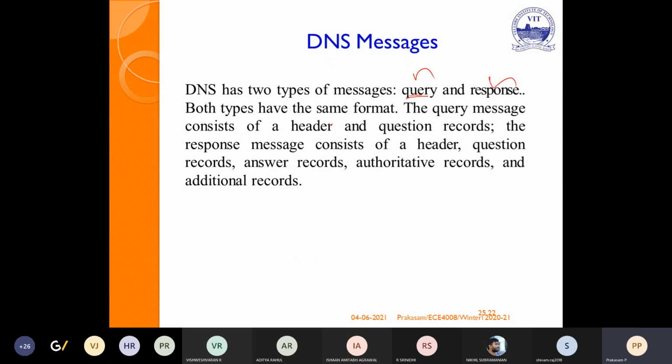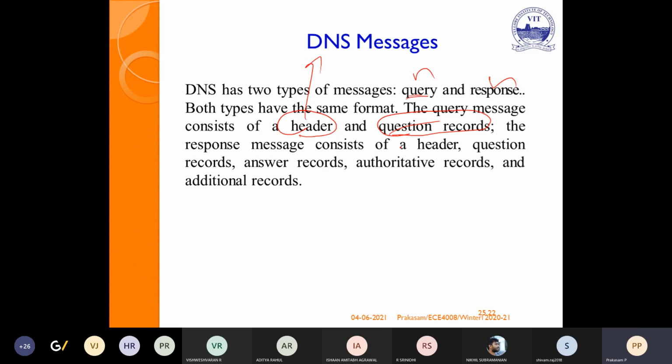Any message contains a header, which is used to identify the destination address. In the query, it will contain question records, because query means we are asking some questions. The response should contain answers.